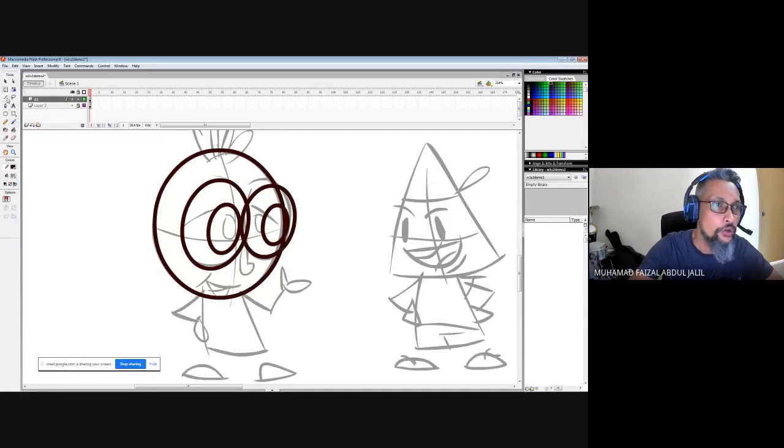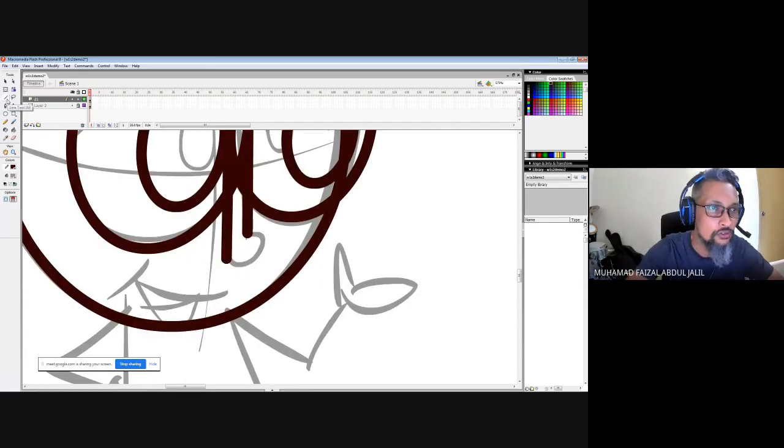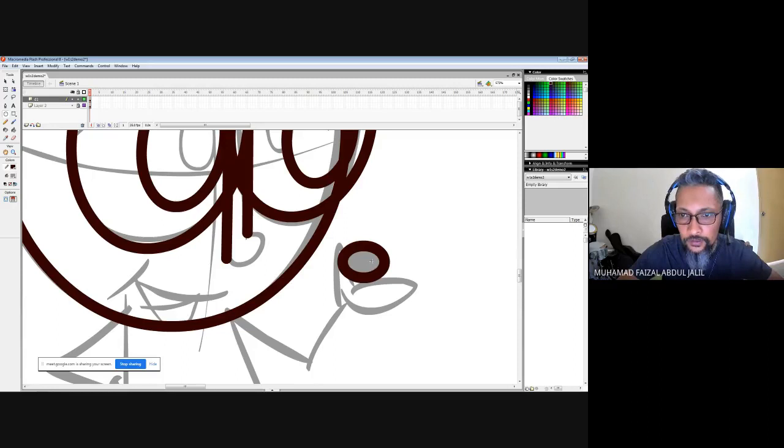I will always improvise the shapes. This is one of the shapes that I use to draw the nose, using the stroke line tools. From here, we can use a circle like this one. This one has a gray color there, right?